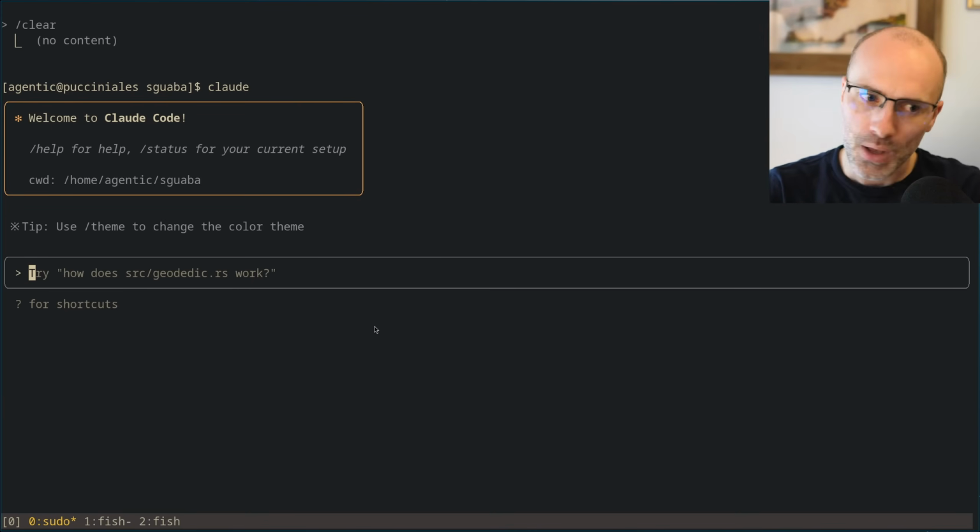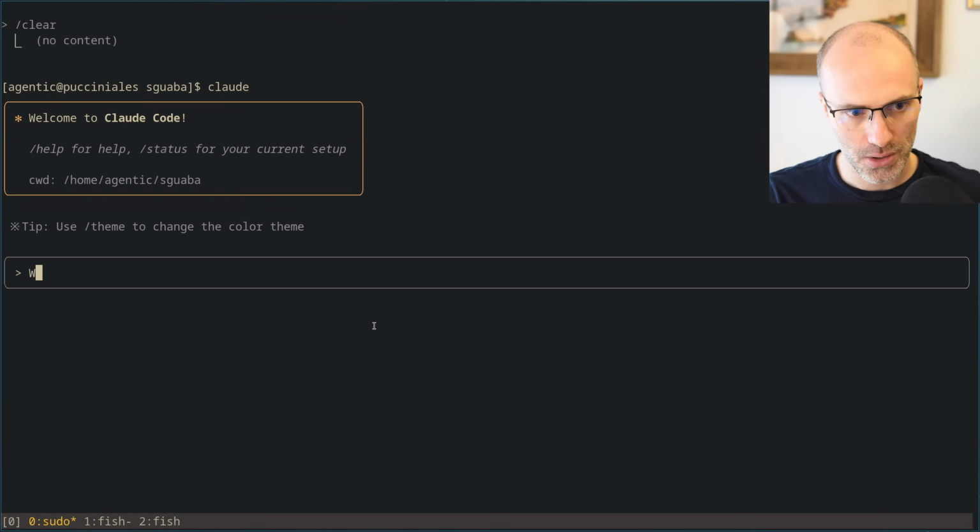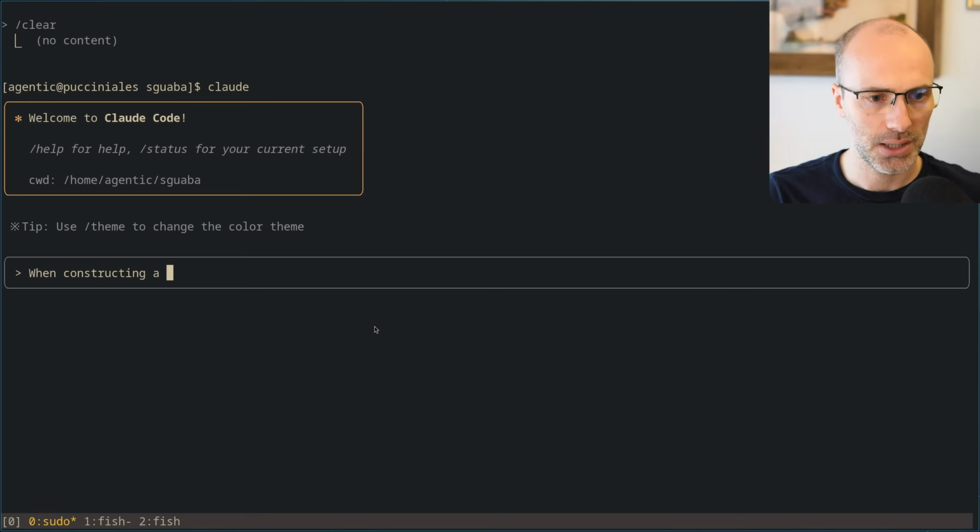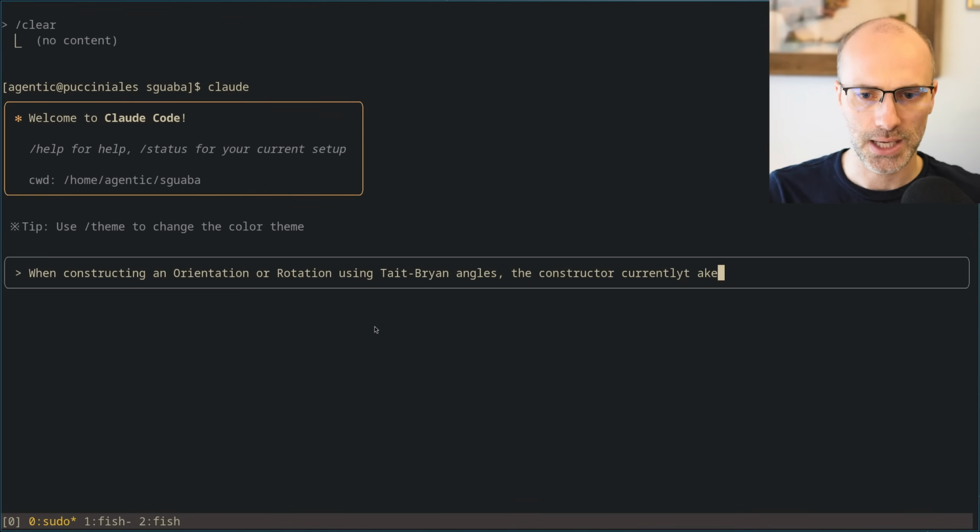When constructing an orientation or rotation using Tait-Bryan angles, the constructor currently takes 3 f64 arguments.